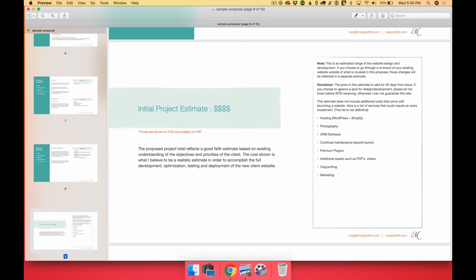Next up is the disclaimer: the price is valid for 30 days from issue. This is a very important statement because I've sent off a proposal, and then 2 years later, I had a client come back to me and say, okay, I'm ready to go forward, but these rates have changed. Your rates are going to grow and evolve over time. So you want to have